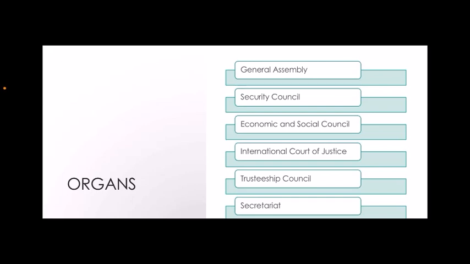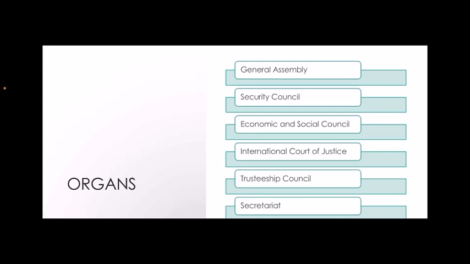The United Nations has 6 main organs. The first one is General Assembly. Now, all member countries are members of the General Assembly as well. The position and status of all the countries is same. The General Assembly meets from September to December, and during these sessions, they discuss issues like environment, disarmament, etc.